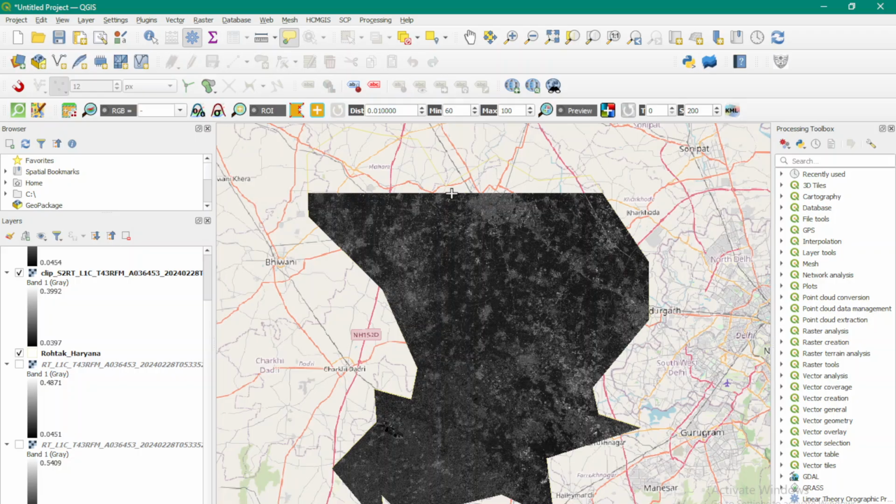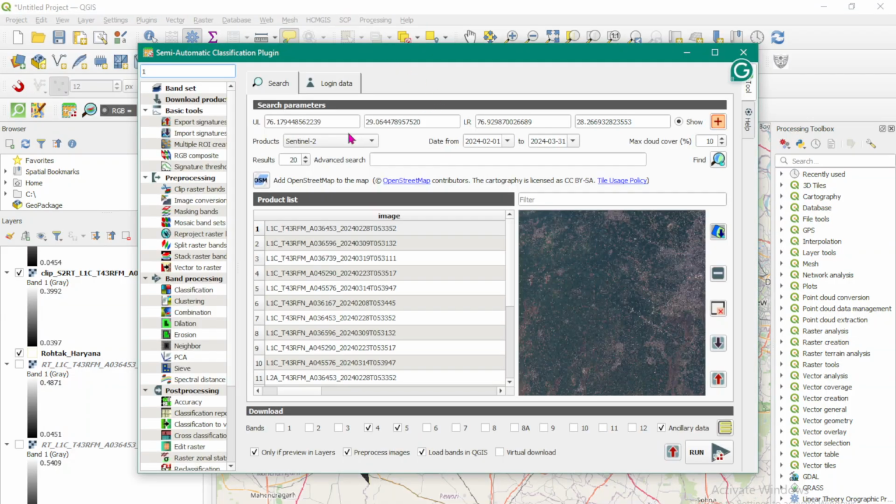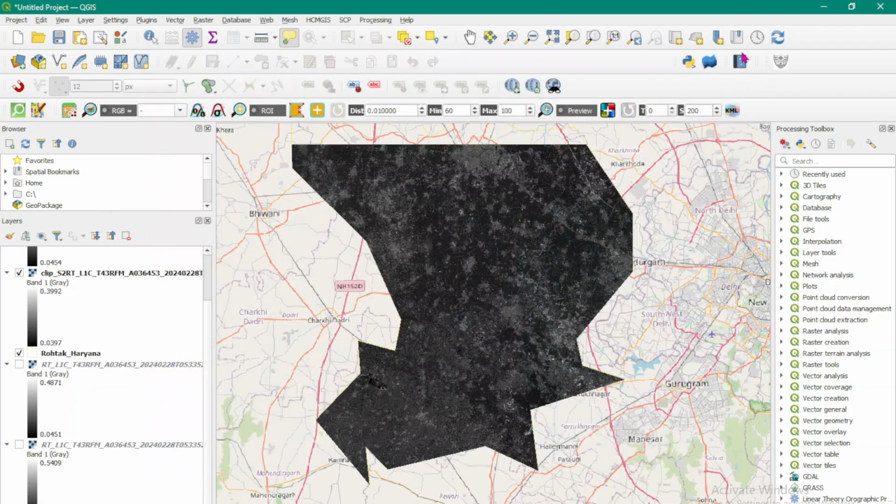For example, because I want to do NDVI, I am interested in downloading only band 4 and band 5, and that is of Sentinel, and that is why I'm going for downloading this and no other. You can still re-verify whether for Sentinel 2 bands NIR is 5 and red is 4, or is it something else. So based on that you can decide which one you want to download. Okay, once this is done, you can yet again go to your SCP, download products, and here you can change the date such that you will download all the data sets for different time frames, and you can go ahead with your time series analysis.